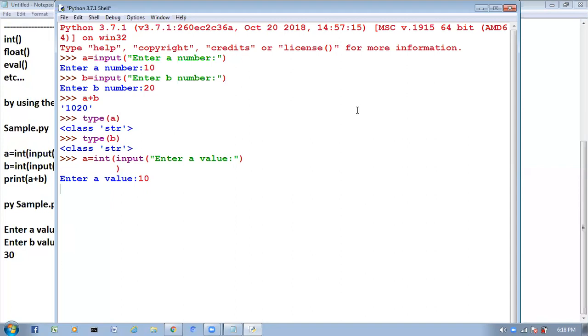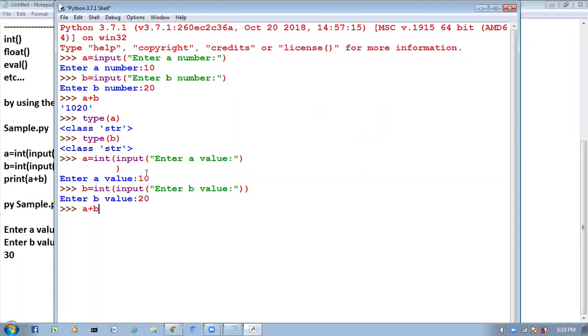Now again I'm giving B is equal to int of input of enter B value. Now again it will ask enter B value, 20 I am giving. Now here A plus B.